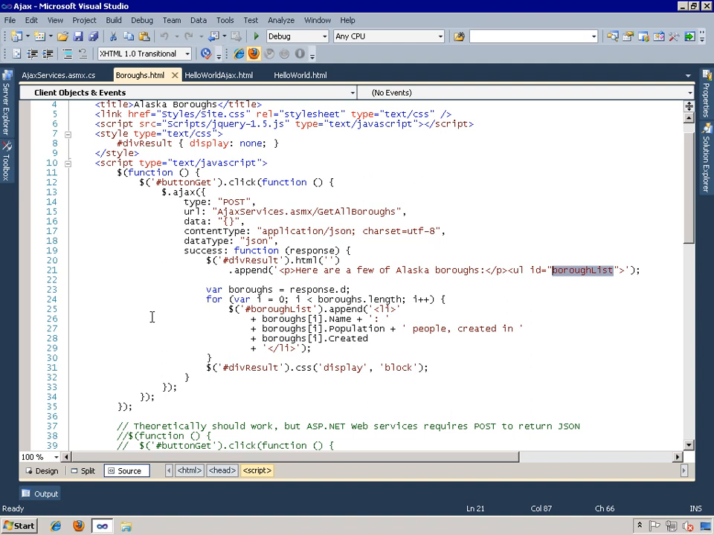Now, the number of options that you set for the AJAX method is highly dependent on what you need to accomplish with the method call. Remember that the web method didn't have anything in it that told it that a client would want JSON data. The AJAX method requested the data in that format, and the web method delivered it. And you can go ahead and verify that. So if I go ahead and view this page again,